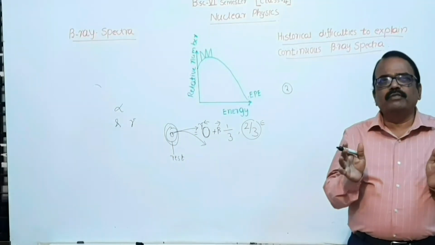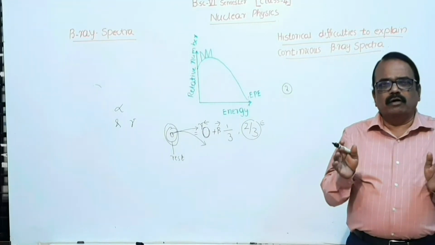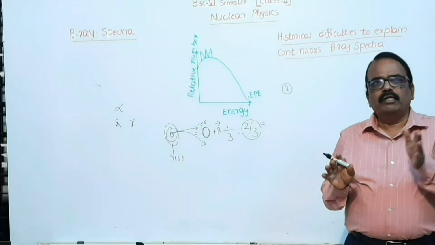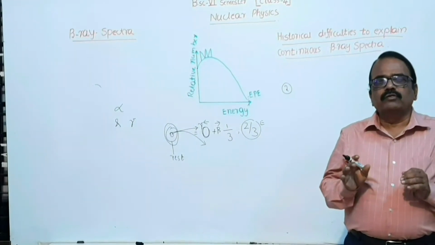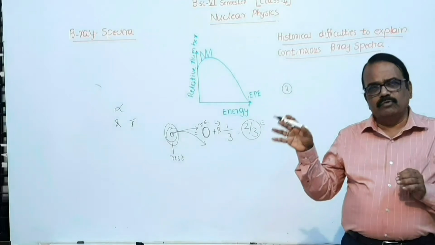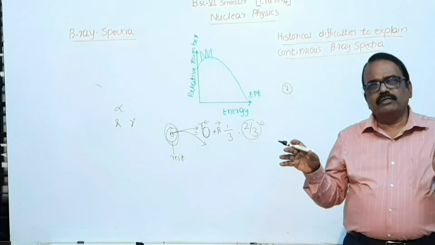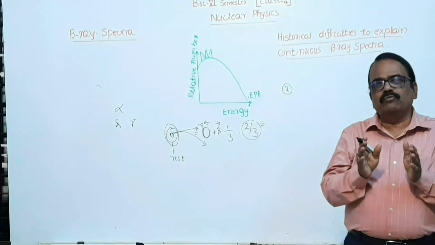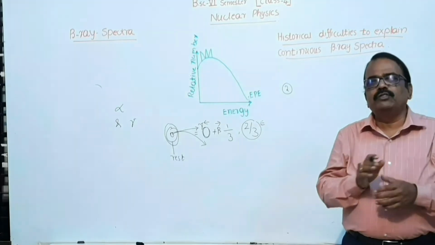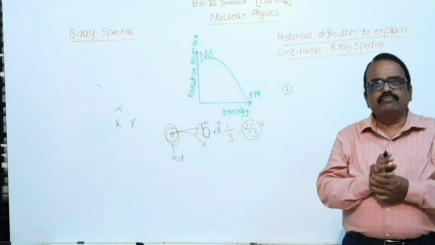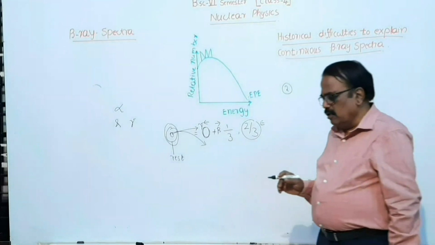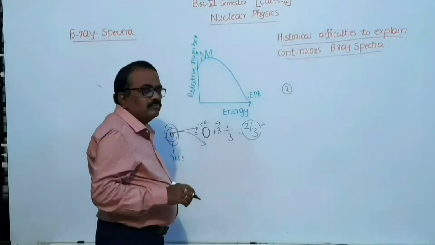In some cases of radioactive elements, it is possible to measure the linear momentum when beta particles come out. Before emission, that nucleus was at rest, its momentum was 0. Then after emission, the sum of the residual nucleus momentum and the beta particle momentum should be 0, but it is found that the momentum is not 0. Again, it is violating the law of conservation of linear momentum.